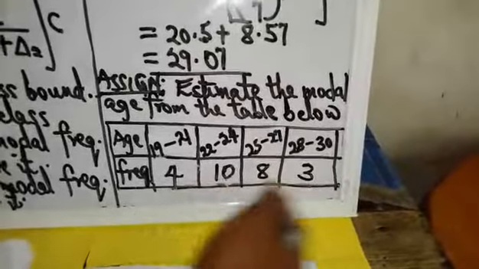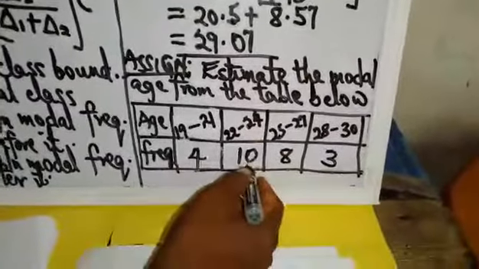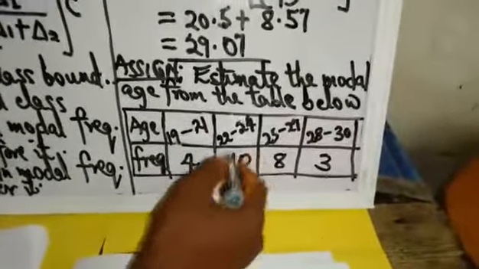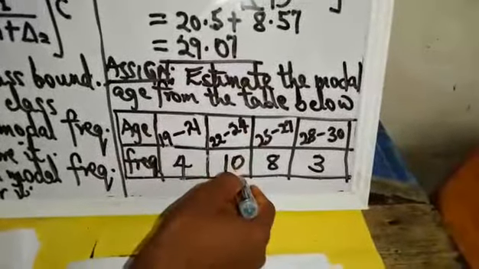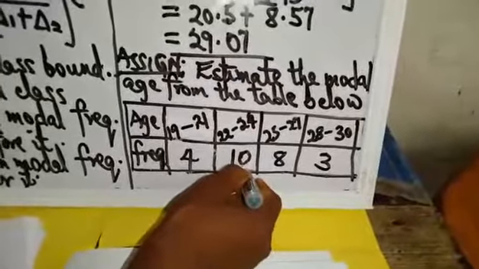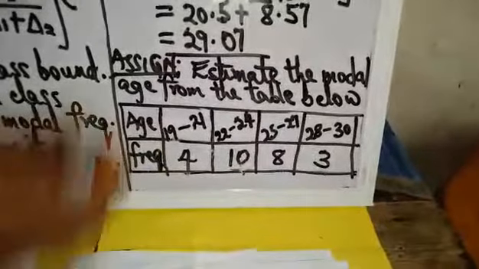Now, if you are looking for the L1 of this one, after getting your table, this is the section you have to consider, because this is the highest value. It's that highest value you have to put into consideration before you get your delta 1 and delta 2. Then you apply the normal formula. Thank you.